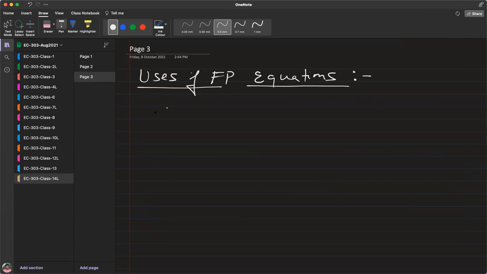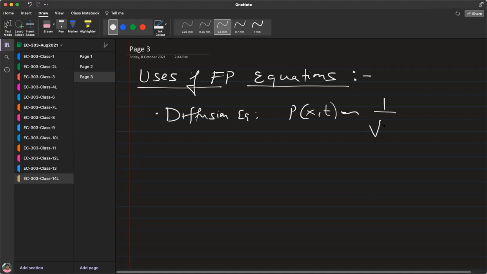For the case of the diffusion equation, you might remember that we can actually obtain an exact solution, right? And it looked like this: 1 over square root of pi t, e power minus x squared by, I think there's a t here also. So we know exactly how the probability density function evolves over time, but this solution is not always possible.